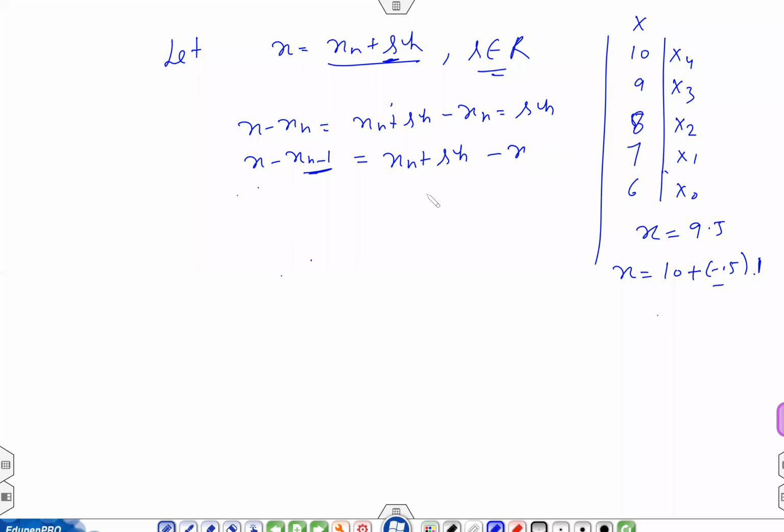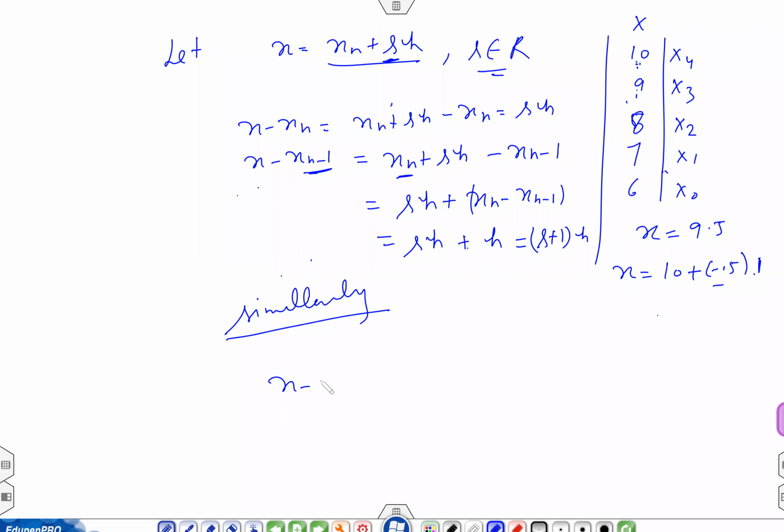So it is coming out to be SH plus Xn minus Xn minus 1. Xn minus Xn minus 1, what will that be? That is H, because what is the difference between 10 and 9? That is H. Okay, final value 10 minus 9, it is positive H. So that's why we can write it SH plus H equal to S plus 1 into h. Okay, so similarly we can write other values,